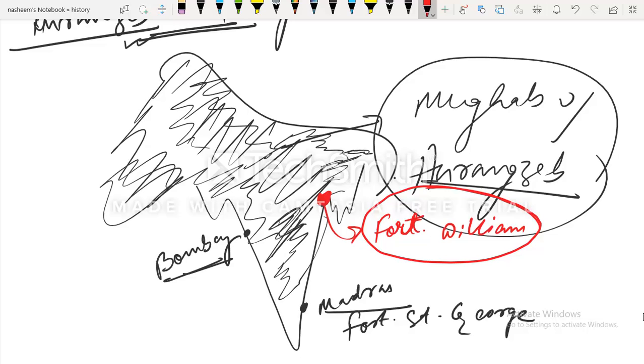यहाँ पे सारा खिचड़ी बनता था कि इंडिया को कैसे बर्बाद किया जाए, and many people actually knowingly or unknowingly added to it. Some locals, some foreigners, many people. So